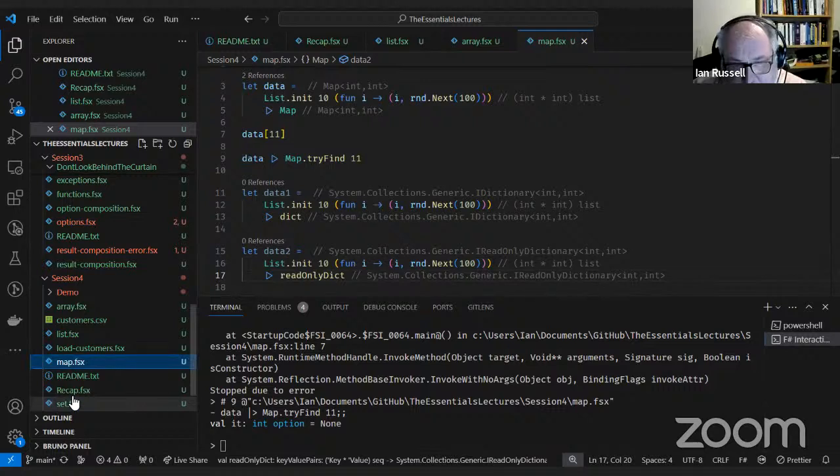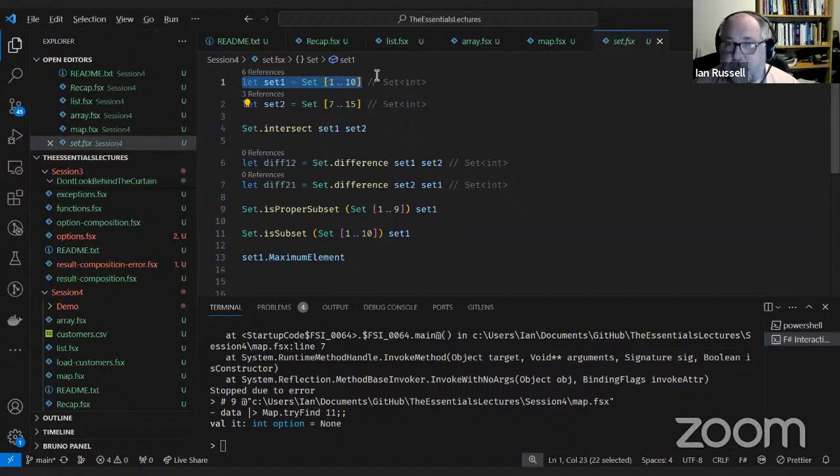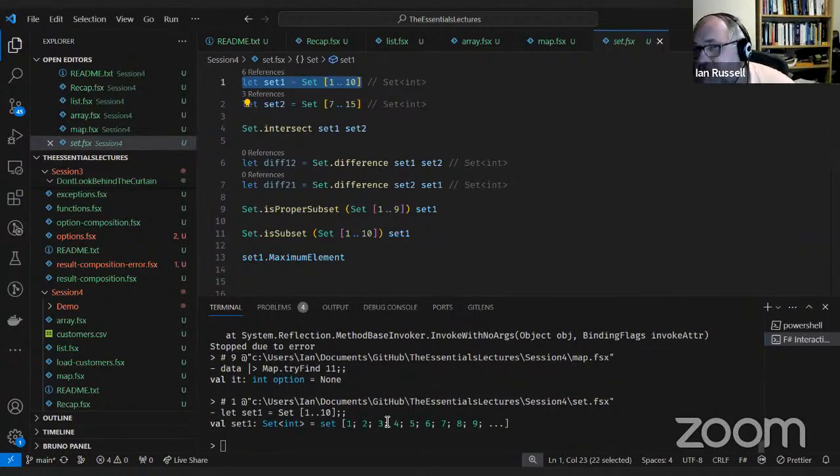So the last of the types that I want to cover within this is the set type. So to create a set, I use the set keyword and then something that looks like a list initializer. So that creates a set. So a set is unique items. So if you have a collection with multiple values in it, so if I do